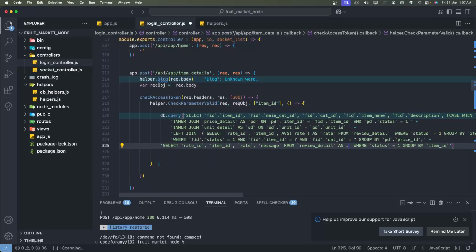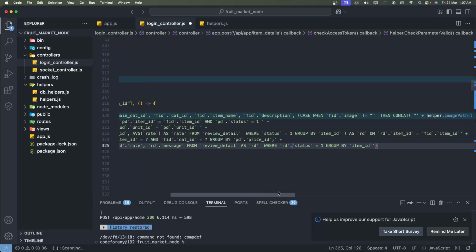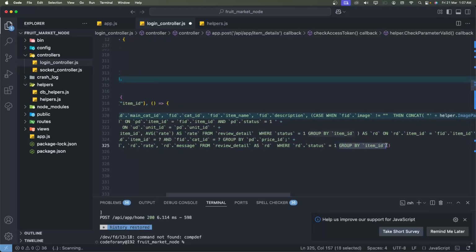We need to copy and paste this, rate and also here, and remove this group by and set the conditions: rd dot item id equal to